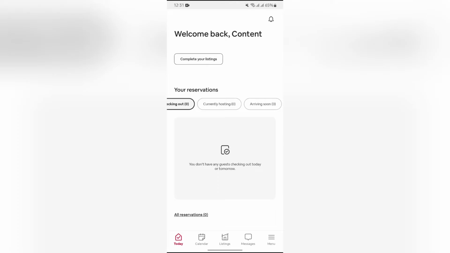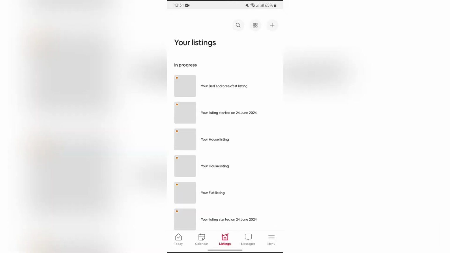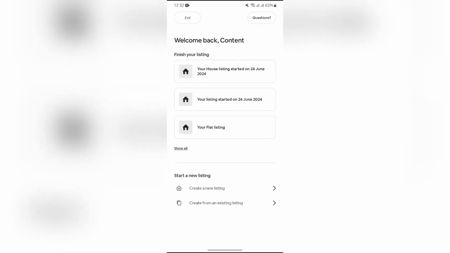Now on this page, you just simply have to list your place at first. In order to do that, just simply go to the listing section and then you will get the option to list the product in the top right corner. Just simply tap on this plus button, and now from here you just simply have to list what you have